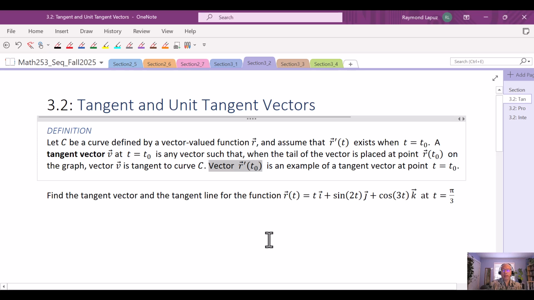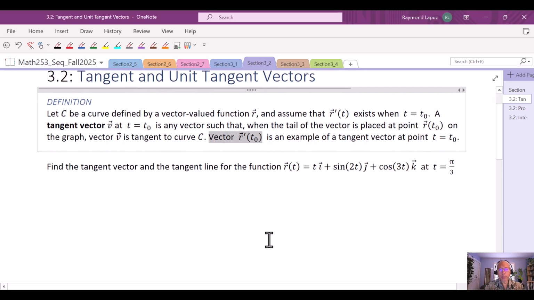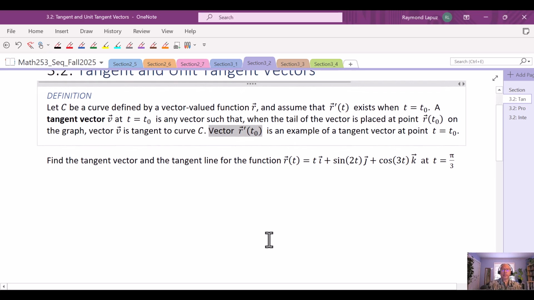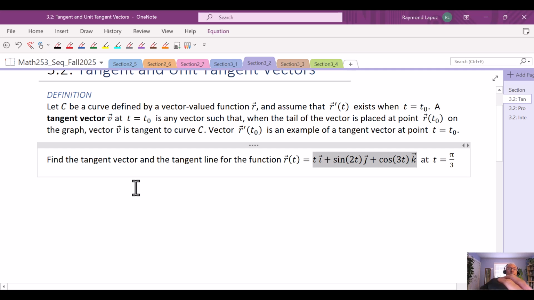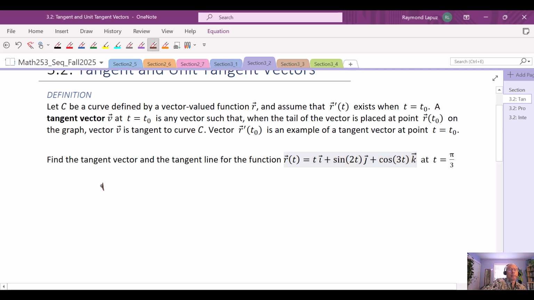Okay, let's take a look at an example and look at this from a graphical point of view. Our vector valued function is t in the first component, sine 2t in the second component, and cosine 3t in the third component. Let's find the derivative first, and that's going to be our first step. r prime of t